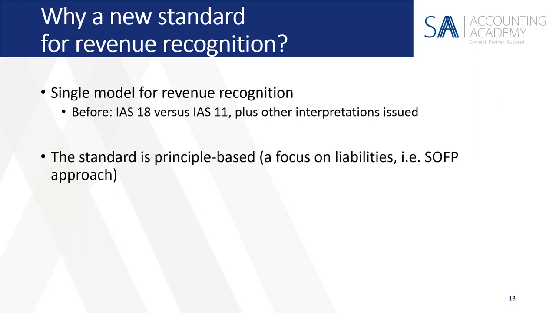The standard is principle-based, and this is what I personally enjoy the most about IFRS 15, is where, in my opinion, IAS 18 followed an approach of recognizing revenue by means of example. This standard follows the approach of identifying liabilities, and to the extent that you disprove a liability, you can then recognize revenue in its place, which I think is fantastic, because when looking at the conceptual framework, we all understand that the definitions of assets and liabilities are the important ones to focus on. They contain the most guidance,